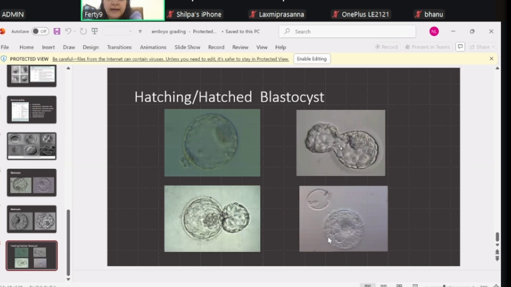So how do we handle this kind of hatched out blastocyst? We will be very gentle while doing the embryo transfer. The loading also takes place very gently, and the proper placement of the blastocyst is done very delicately, and yeah, we carry it very gently.